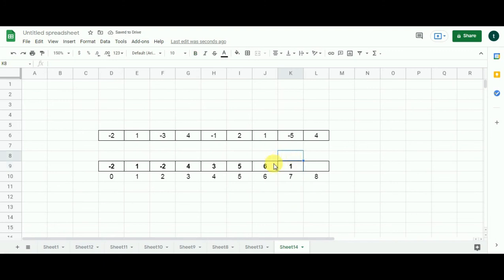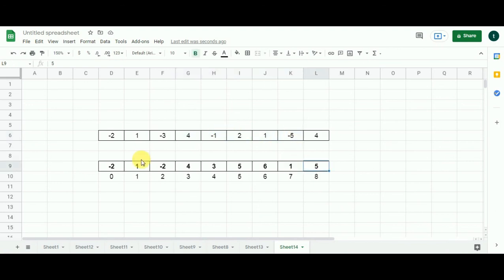Since I have populated the summation of the result of the previous subproblem and the current integer, this means that the subarray which is started from 4 still continues. Let's calculate the value of the final cell. So we have 1 over here and 4 over here. 1 plus 4 is going to give me 5. 5 compared with 4 is going to give me 5 because 5 is greater. This means that the subarray that started from 4 has continued till the end.